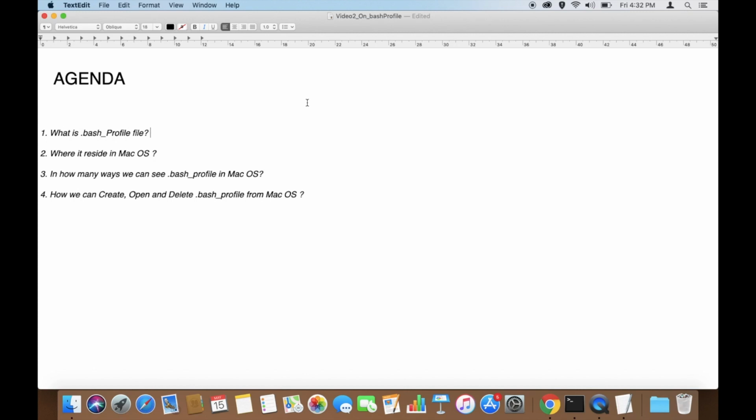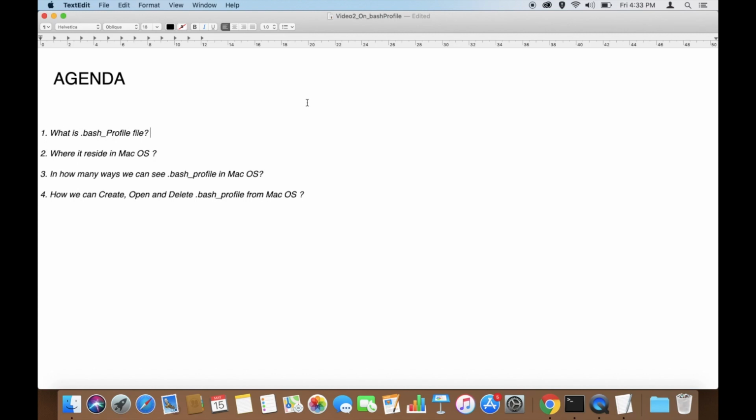Bash profile is basically a bash startup and configuration file which reads first whenever we open new terminal. This file contains all the legal Unix commands, includes Unix aliases, definitions, Unix export, path statements, and other commands. We can open this file in any editor, but usually we open that in text editor. For that we use one command which I am going to show you just now.